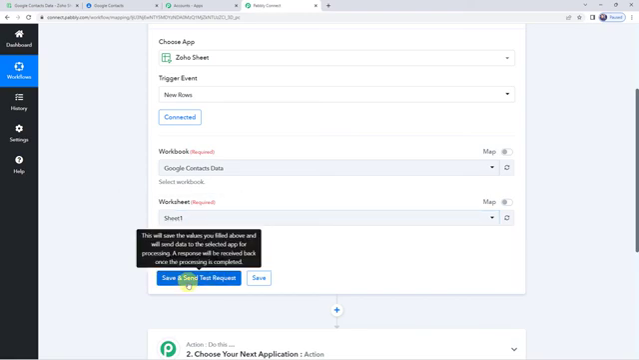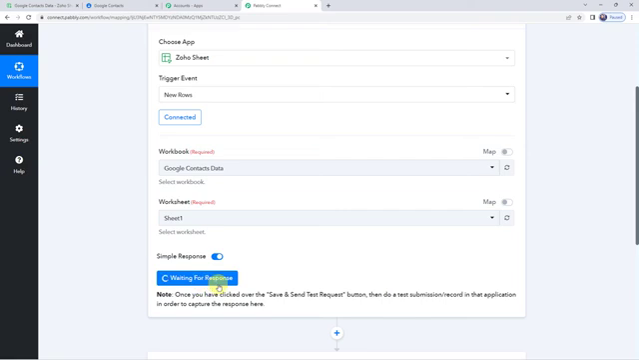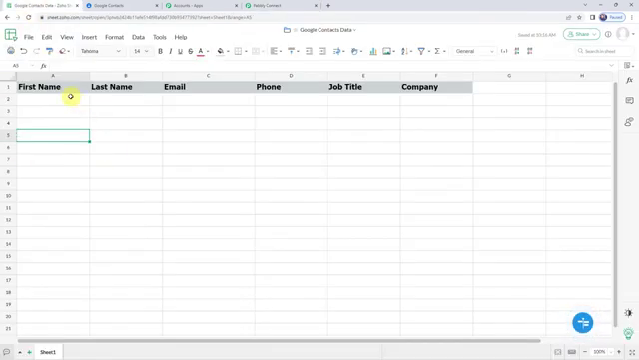And now let's click on save and send test request. And here we can see that it is waiting for the response. So in order to capture the response, we have to do a test submission. It means we have to add the data to the Zoho sheet. So I'm just going to add the data of the contact over here. Let's give the first name of the contact as demo, last name as name itself,